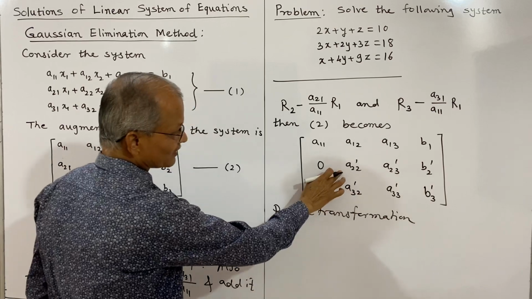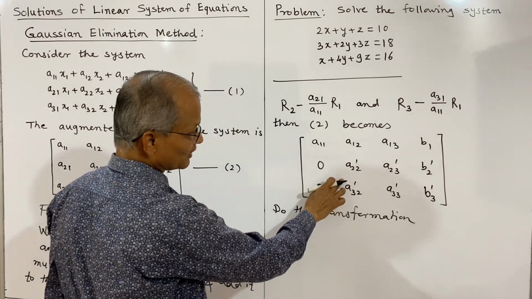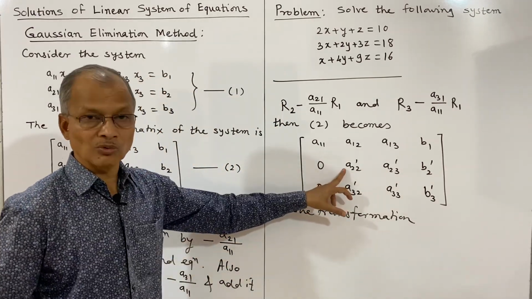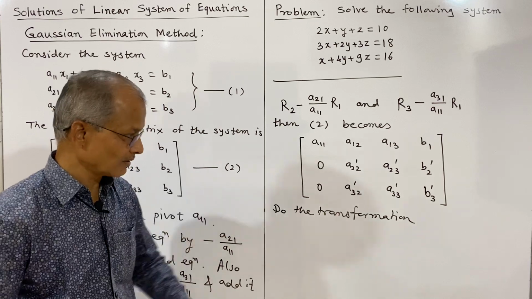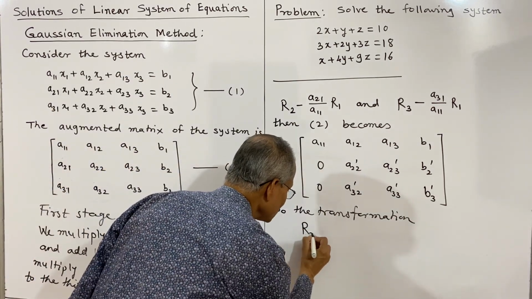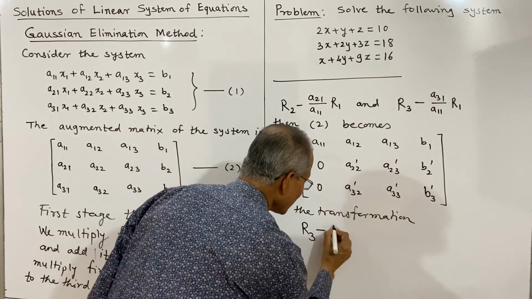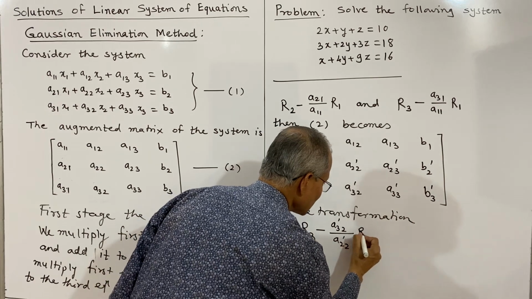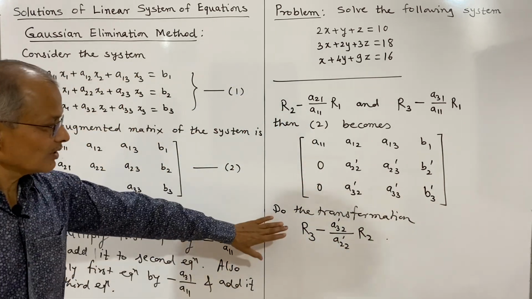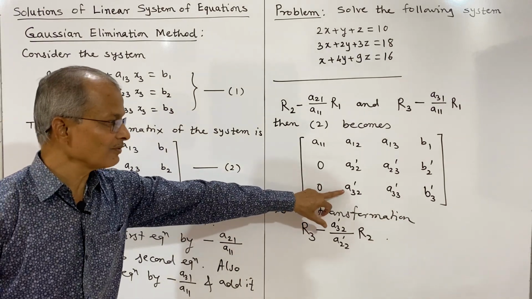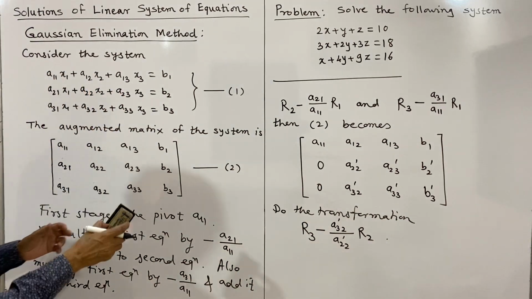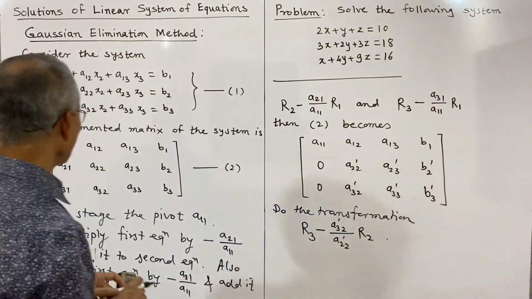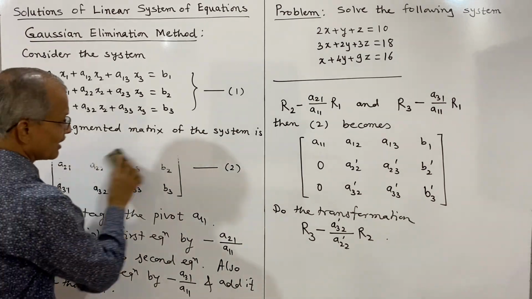See, the second row is to be multiplied by negative A32 dash divided by A22 dash, and then it is to be added to the third row, that means the third row is to be added with negative A32 dash divided by A22 dash times R2. So if you do this transformation, then this element will be converted to 0, and there is no change in the first row and second row, only the third row will change, and the corresponding matrix will be, I shall write here,